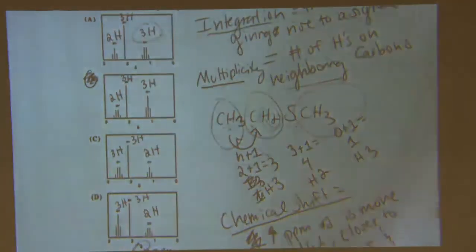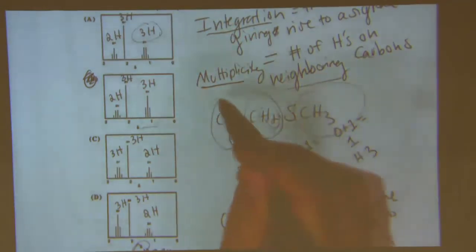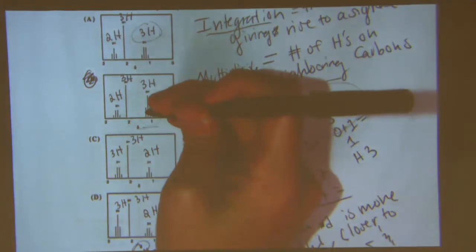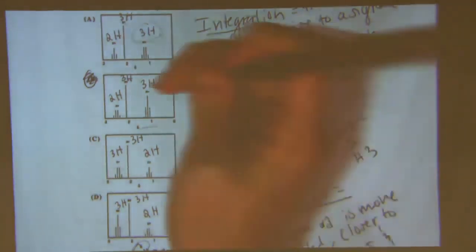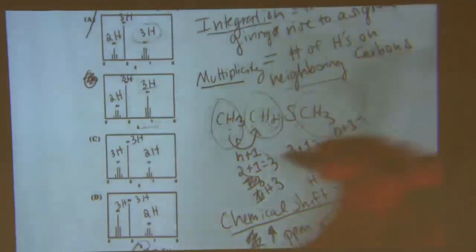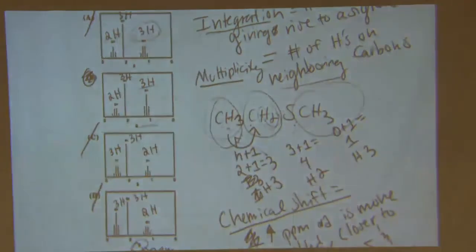So it has to be B because the lowest signal, the one with the lowest ppm, you only have 3 signals, and our lowest signal needs to be a triplet, which this one is, right? 3 lines, 1, 2, 3, and an integration value of 3, 3H. This one has 3 H's but 4 lines, it's a quartet. This one has 2 H's but it's a triplet, and this one has 2 H's and it's a quartet. How would you determine